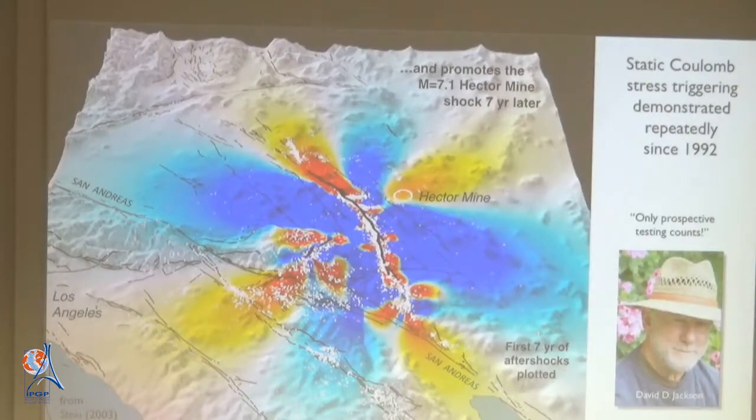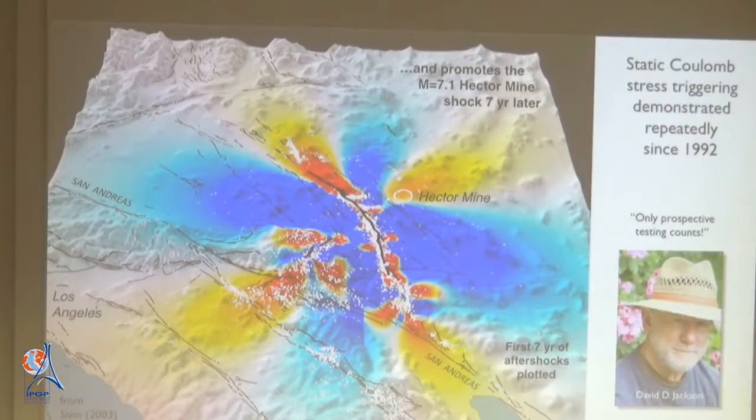So I better start listening to the guy. And one of his arguments is retrospective analyses don't count, analyzing the Landers earthquake, because we already know what it produced. So there's too much bias. Whenever you study a case, there's a natural bias to try to explain what you're observing. In his view, the only thing that counts is prospective tests. Only if you're predicting the future does it pass his scientific test. So now I have to listen to the guy that I've decided has been right so often.